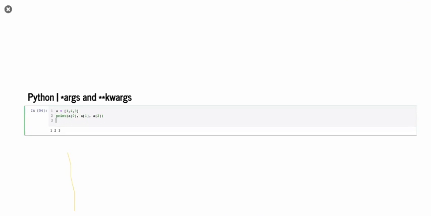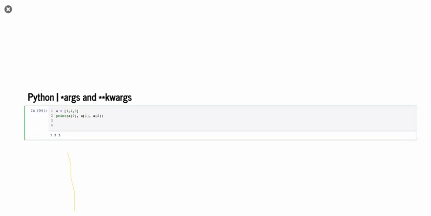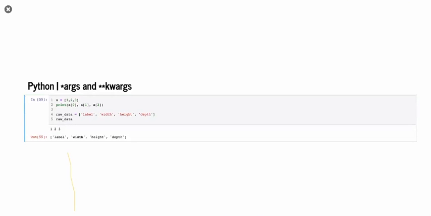It can be used in functions, and we'll get there in a moment. But one of the useful ways for it, other than using it as arguments in the functions that you will create, is that you can use this expression to extract certain members of your collection. Let's say that we have raw data. It will be a list that will have a label and some features like width, height, and let's say depth. It really doesn't matter. So if we print the raw data,